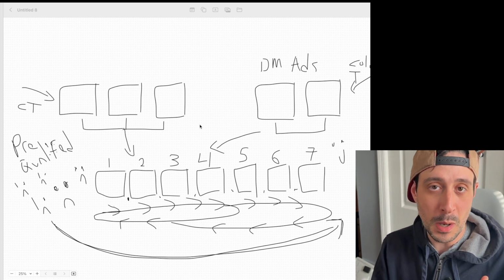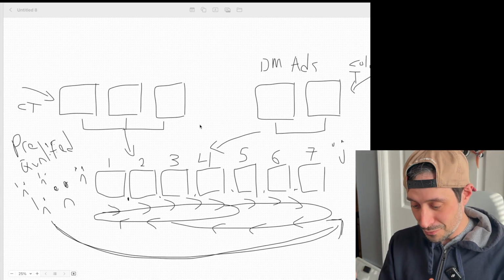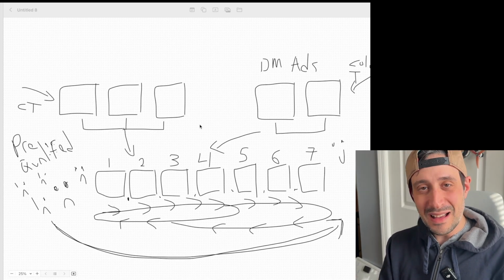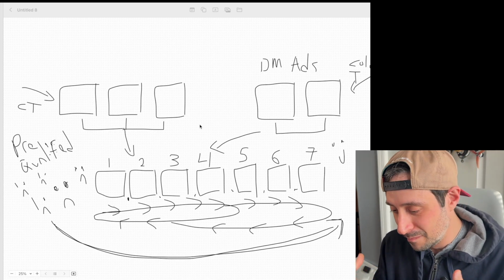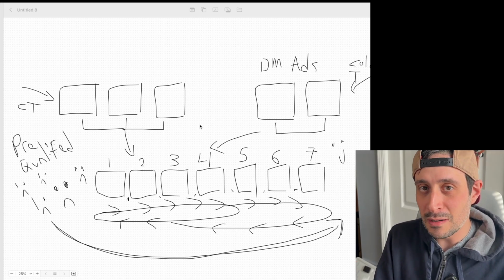Now, you do have to post, you do have to keep things current. Of course, there is work involved. You can see this is a bit of a build, but once you get the infrastructure in place, that's really where things start to shine.